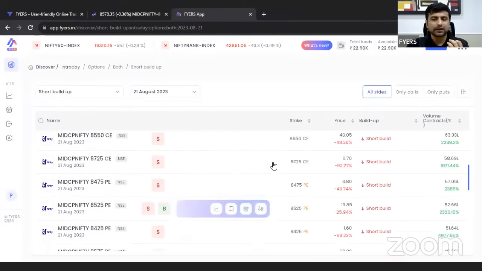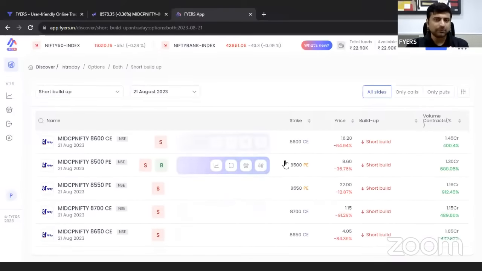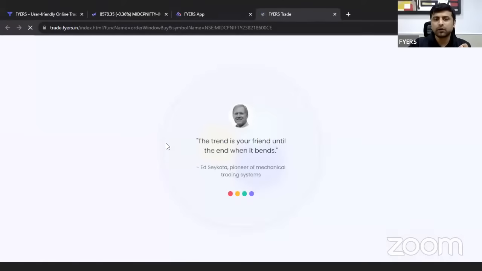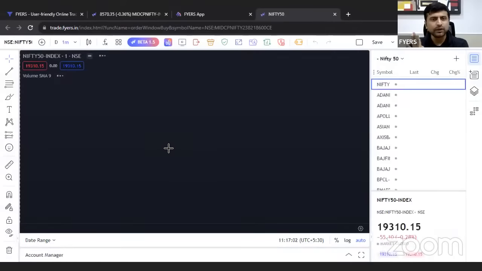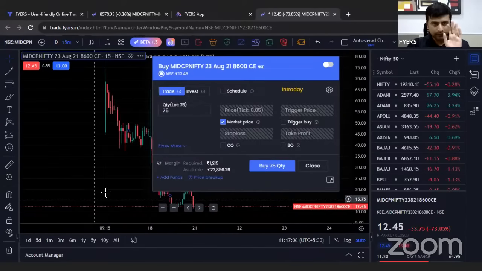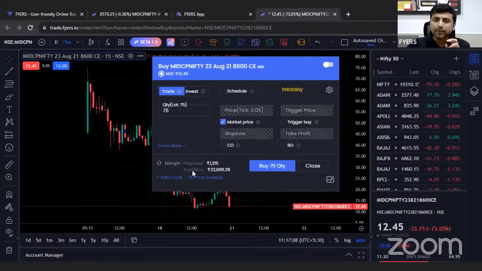at every strike price. And at the same time, अगर मुझे एक ऑप्शन लगाना, अगर मुझे एक ट्रेड लगाना है इसको देख के, तो all I have to do is I have to click on the buy button or the short button. I mean, if you're an option writer. So if you want to buy this particular strike price, आपको यहाँ पे सिर्फ B को दबाना है and automatically you will be redirected. And for that specific strike price, in that specific index, आपको यहाँ पे ऑर्डर विंडो भी